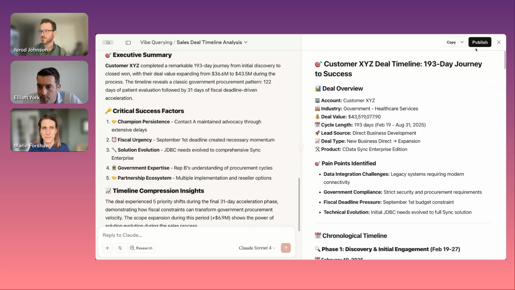So what I'm doing with all of these deals is just trying to understand what happened in the deal from before discovery to closed won, right? And this basic prompt gives me a lot of that information. The helpful thing is it's looking through a lot more than just, let's say, opportunity level data.